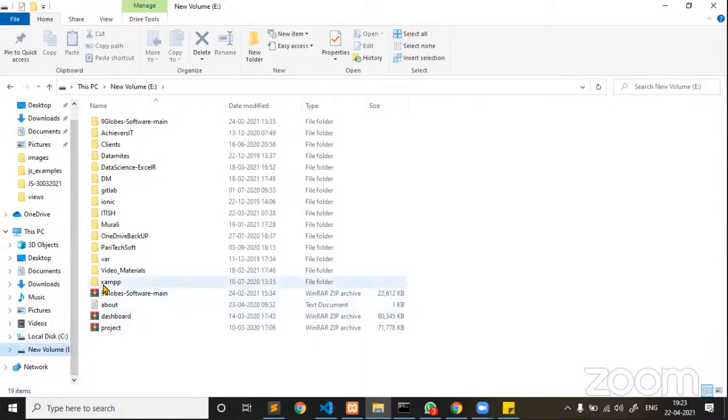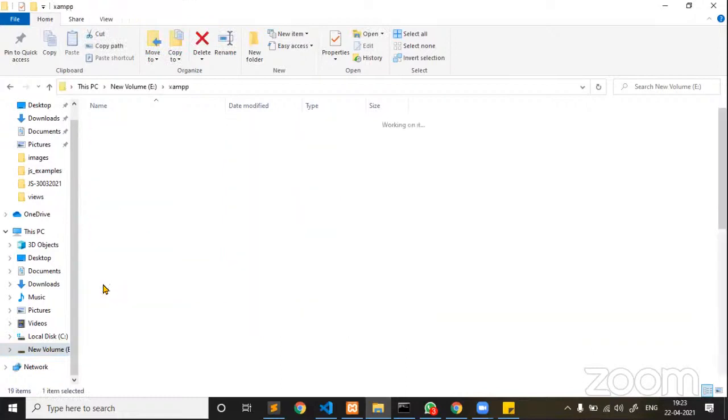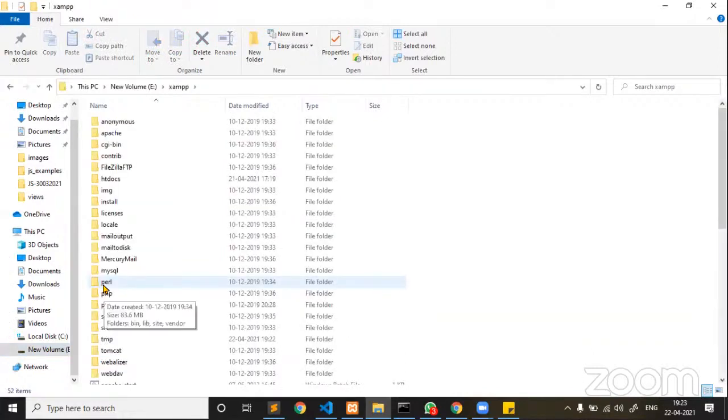Inside E, when you install XAMPP, XAMPP is a package. You can even search on the internet how to install XAMPP in your Windows operating system or Mac operating system. It is just a downloadable exe file, click next, and it will install in your operating system. There is nothing much required for you to install this XAMPP control panel. On successful installation, the respective directory, the XAMPP folder, is going to be created. Within that XAMPP folder, you can find a lot of other files. You don't need to worry about all of them.